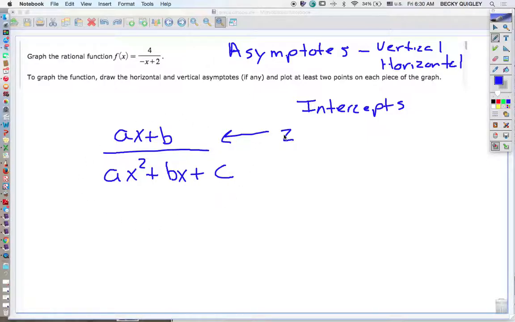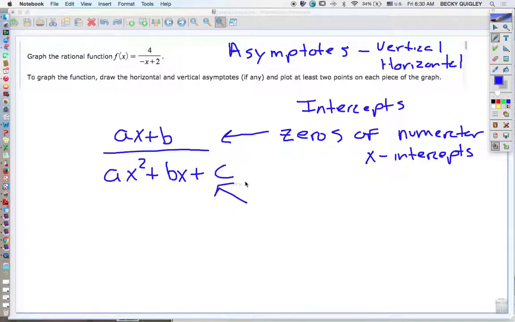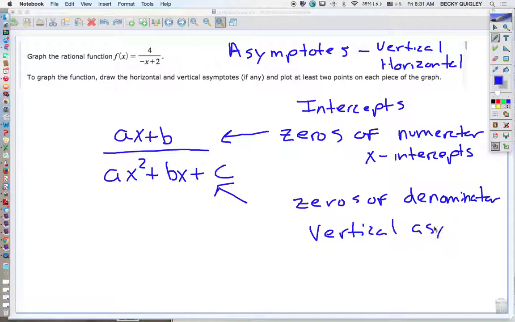The zeros of your numerator will give you your x-intercepts. The zeros of your denominator will give you your vertical asymptotes. Now remember,